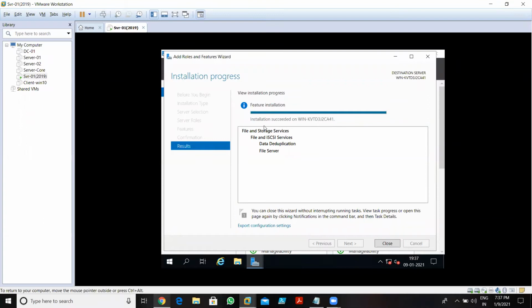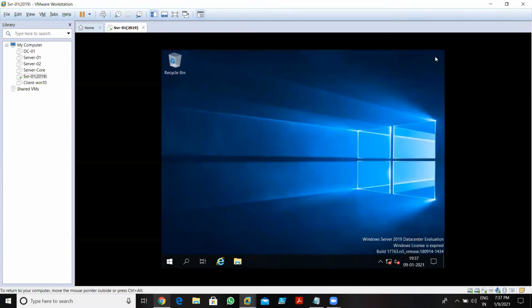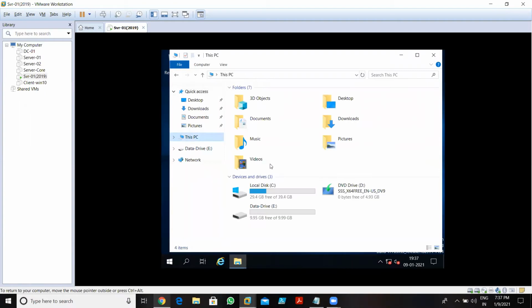Now, as you can see, the data deduplication services are installed. The roles are installed. Now click on Close. Now open your drive. I go to This PC and we have the E drive.